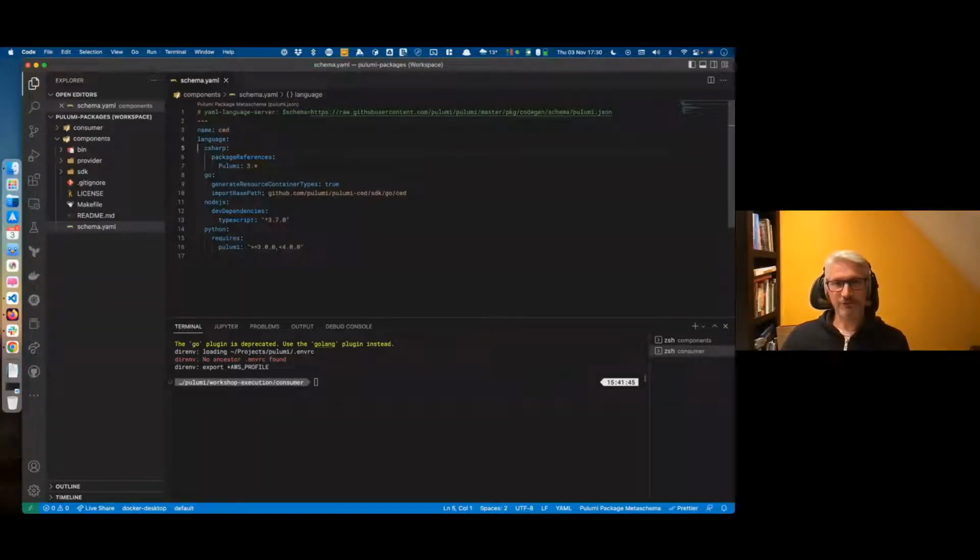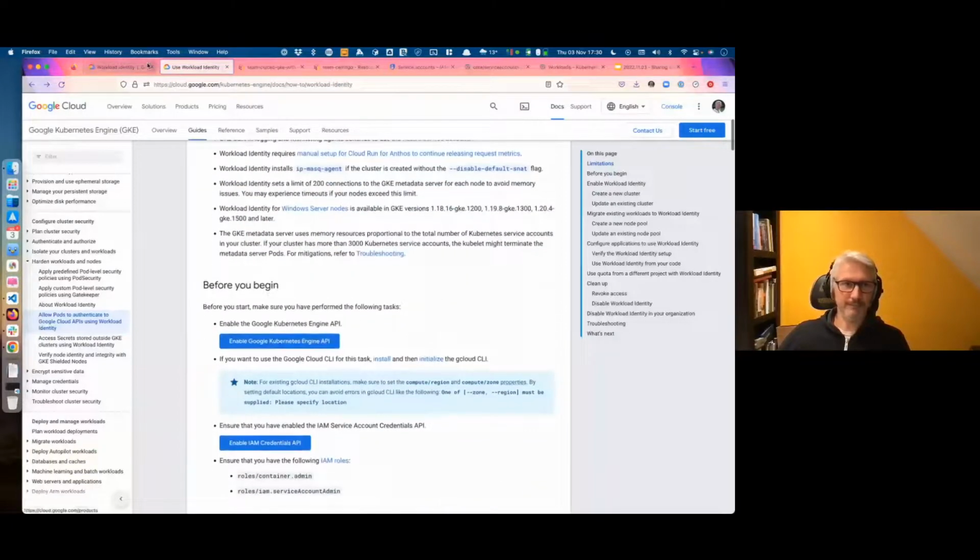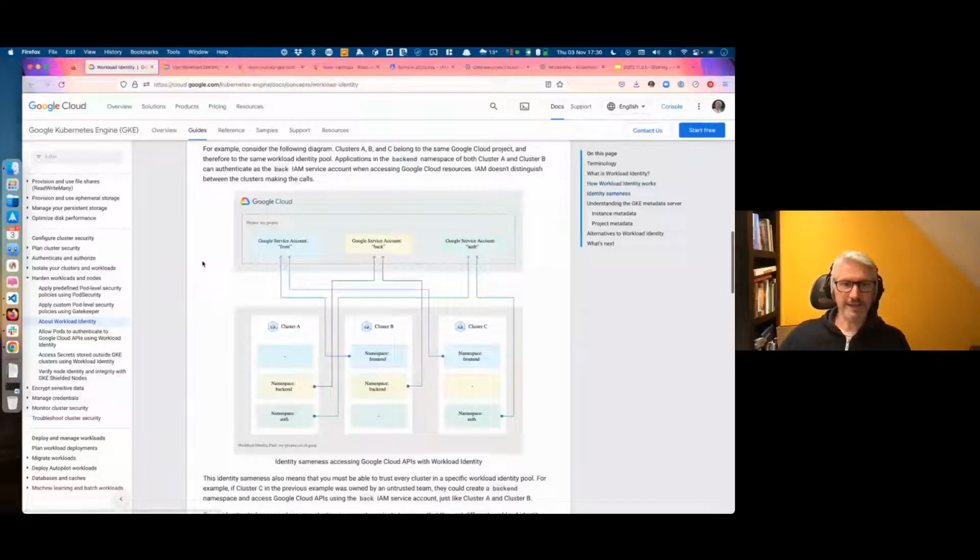What's the trick here? Well, I have the documentation open for workload identity. The trick is that you actually need to create a service account in your Google Cloud project, and you have to create a Kubernetes service account and link these together. So that's actually what we are going to create as a component. I'm going to create a component named service identity in our own package, which creates these two components and sets all the required annotations between them to act as a correctly set up identity, so that you can then deploy a workload which runs with the attached roles for the service account later on, to allow you to consume additional